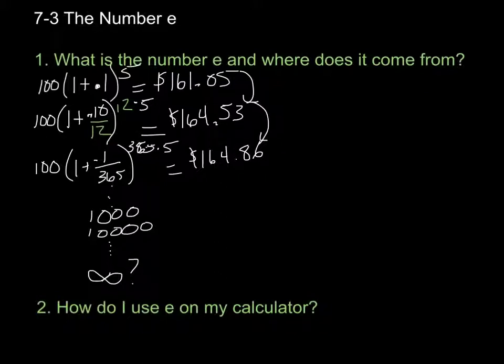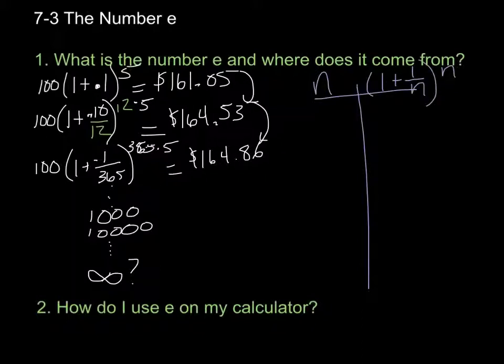So to understand how that works and what this number E is, we're going to play a little input-output game. I'm going to input a number n into the following equation: 1 plus 1 over n, to the nth power. Now, if that looks like the compound interest formula, it should. It's very, very similar. So let's say I input a 10 into n. So I'm taking the 10 and substituting it here and seeing what I get. Turns out I get